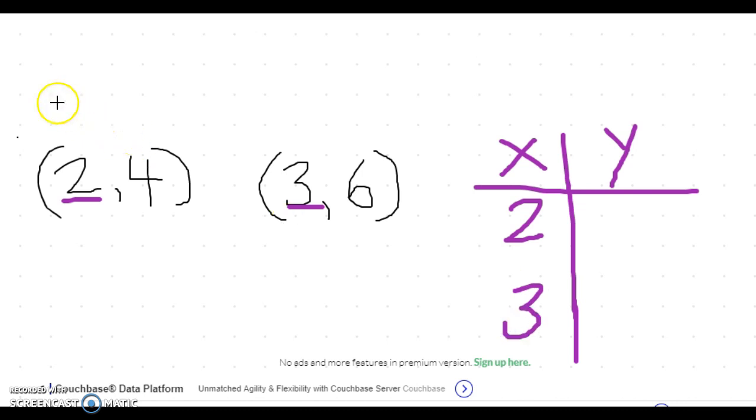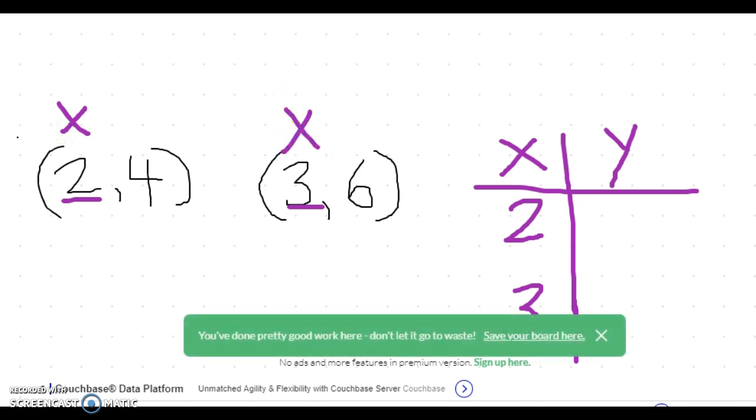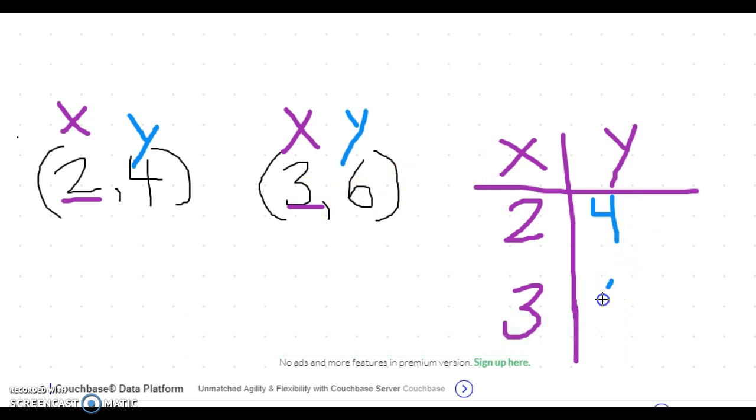Those are x values because this is an x, right? That's an x. And then for my y values, remembering that an ordered pair is always an x and a y, I'm going to put in my y values. So when x is 2, y is 4. Put it over here. When x is 3, y is 6. Get my 6 going over here. Okay. So now what I want to do is look at the change in y